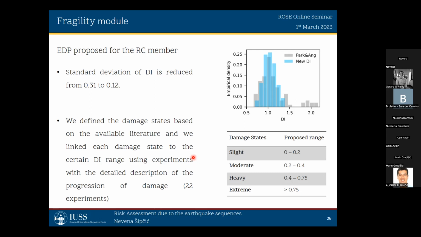We then wanted to link this new damage index with the damage states. So we managed to gather data from the literature from 28 experiments where we have a very detailed description of damage, meaning that we know exactly when the certain damage was observed in which time step. And we used 22 out of these 28 experiments to propose the range corresponding to 4 different damage states from slight to the extreme. And then we kept 6 experiments to validate our